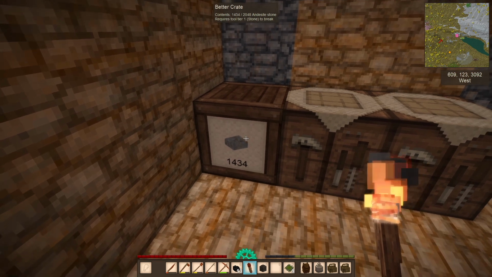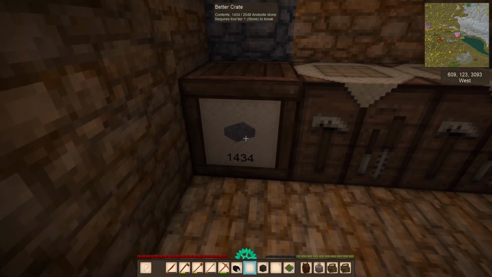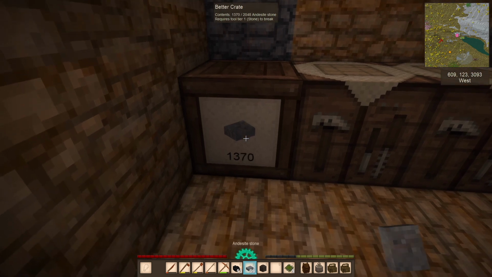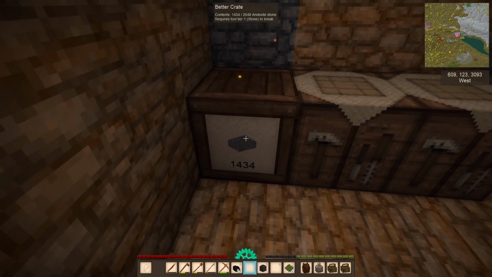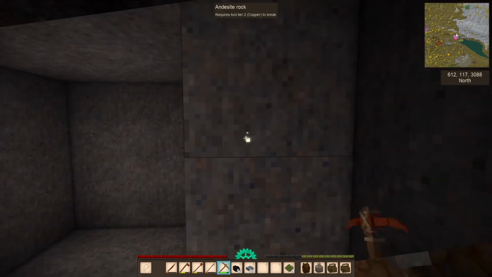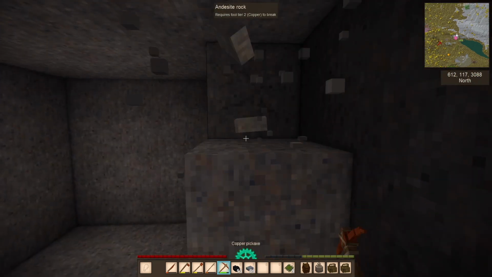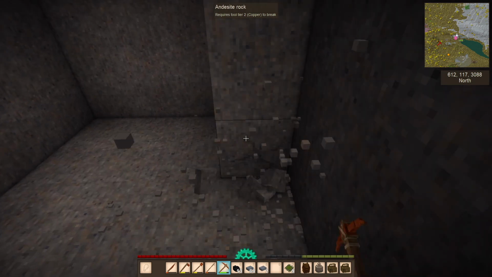It's pretty awesome. In order to withdraw one stack of stones, I'm going to sneak and left click, and it will hand me an entire stack. And once you're done, you can just right click to put it back if you don't need it. It's so easy. I'm just going to start by tearing out the walls that I currently have in place, and then